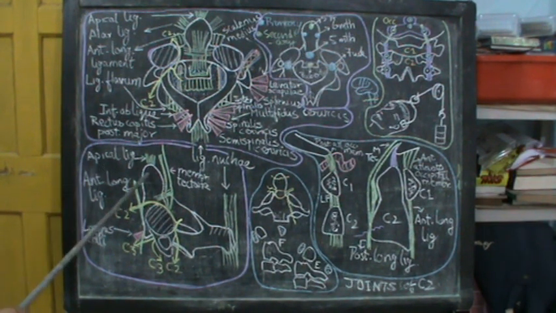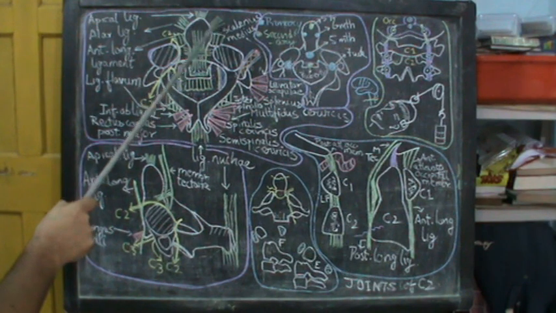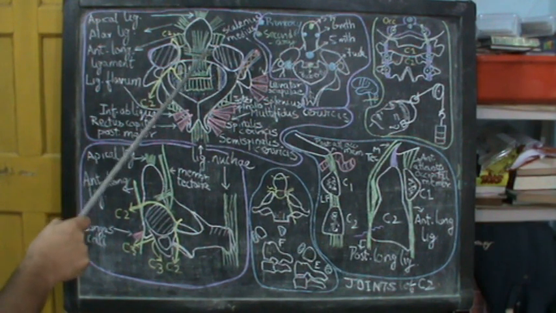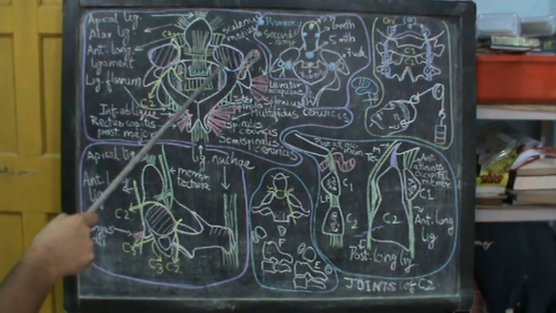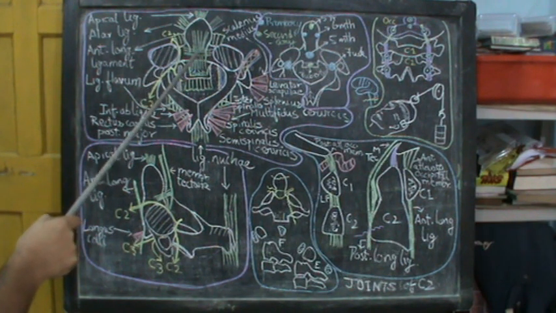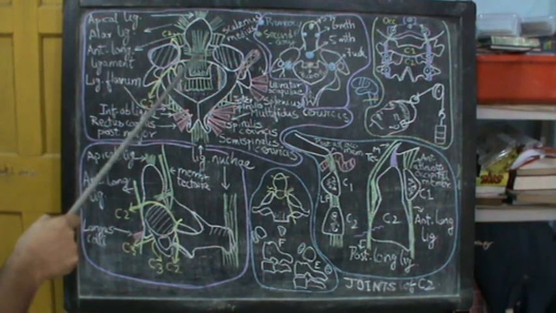Now because this is a side view, we have not been able to draw the alar ligaments here or here, but you have the alar ligaments. And at the neck of the odontoid process you can see the transverse band of the transverse ligament of the atlas. We have not attached it to the axis because it is not attached to the axis. This one is attached to the atlas. So the transverse ligament of the atlas with its upper band and lower band together form a cruciate arrangement.